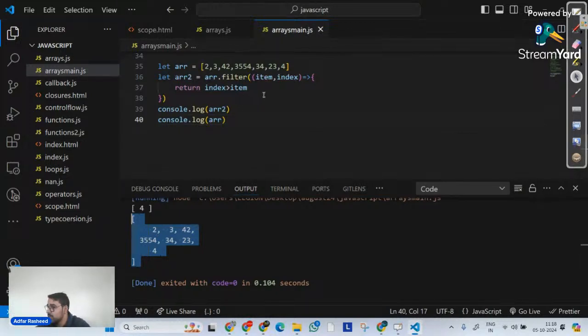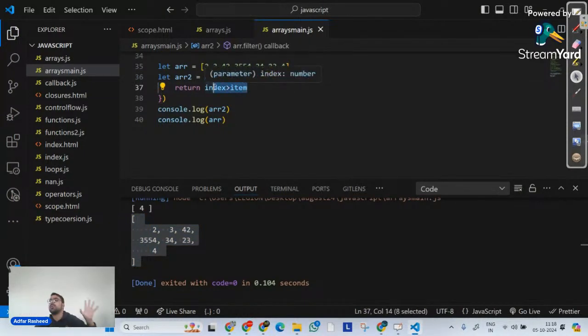We don't have any questions with filter. Filter is one of the simplest and easiest, and even the name itself says what I am about to do. So what is the purpose? There are always three things that we are going to discuss. The purpose is to create a new array with all elements of the original array that pass the test implemented by the provided function.